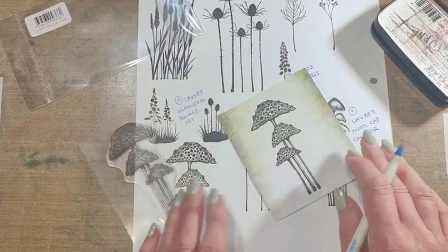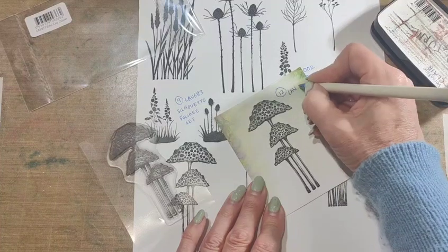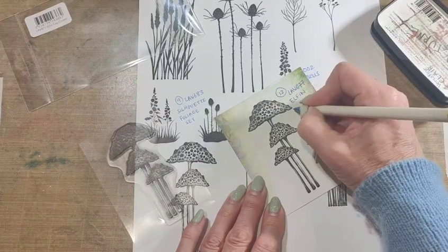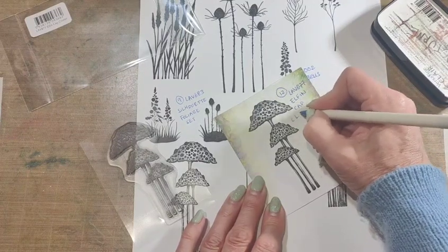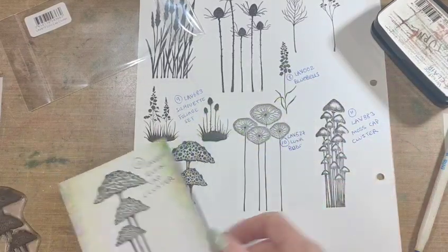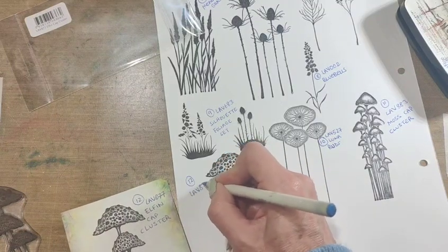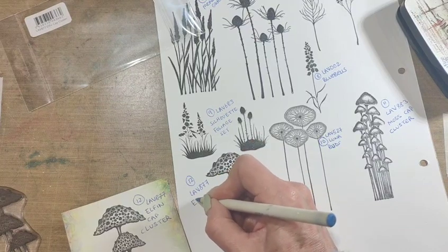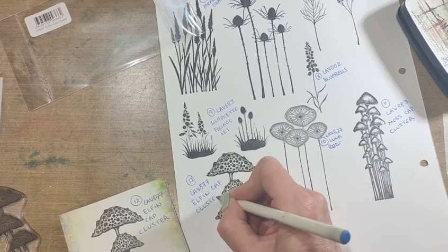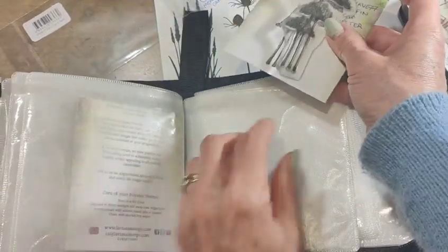Then this one becomes number 12 and it's LAV 877 Elfin Cap Cluster. Don't know why I did the L first then. Okay, so now I can move that to there, just copy it straight off there now. LAV 877 Elfin Cap Cluster. Then once again pop that back on there, and then I can